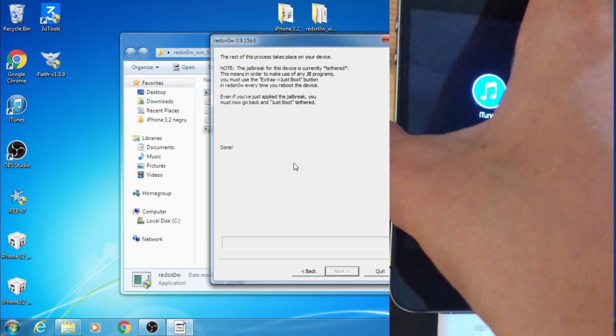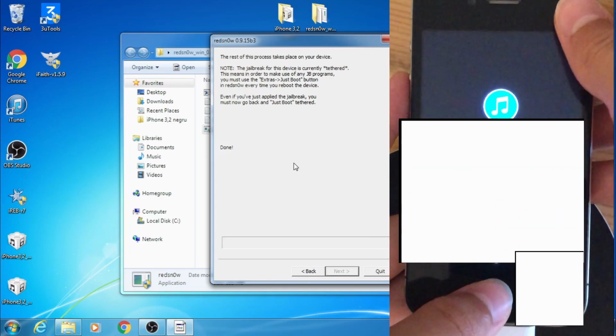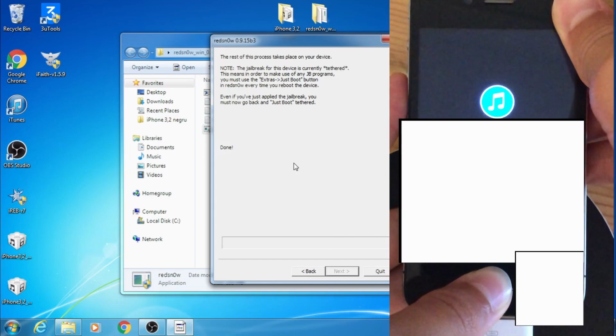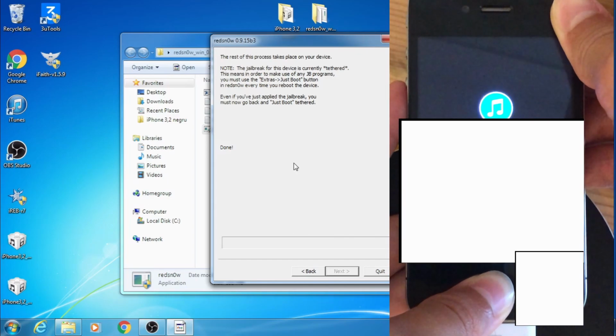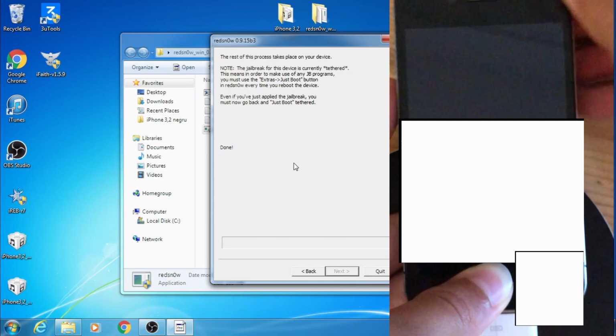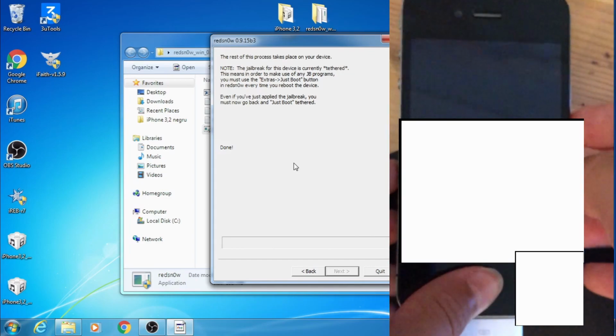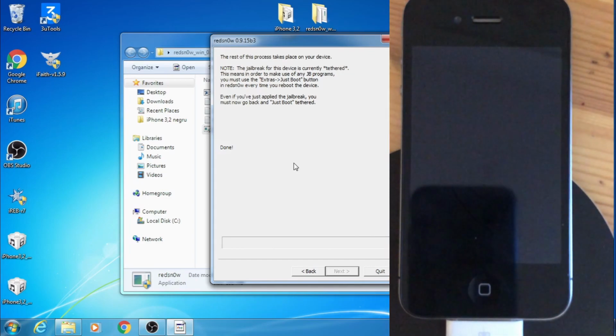Okay, so now that it's over, you can put your phone into DFU mode. Okay, keep it on the home button. You know how to do it. I think you've done it for, let's say, 3 times.